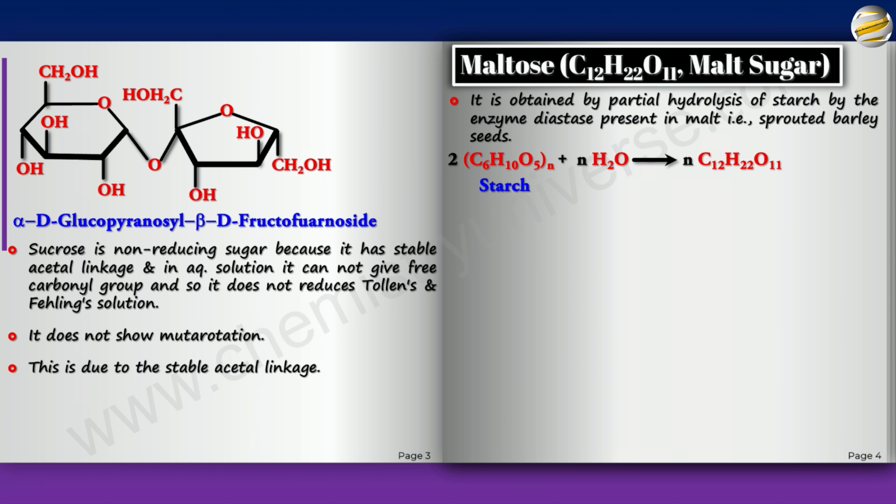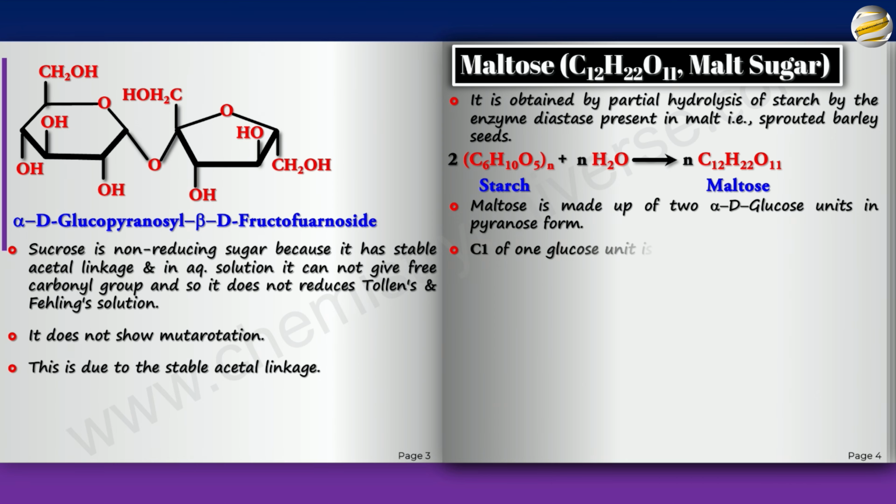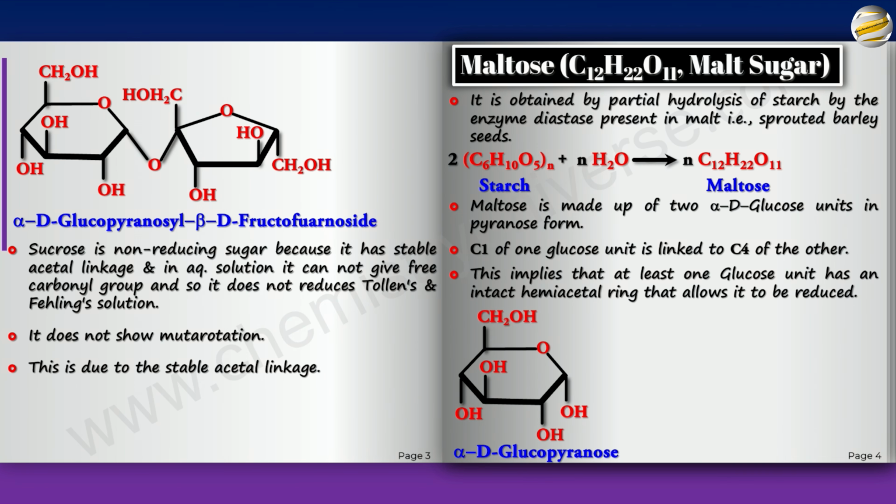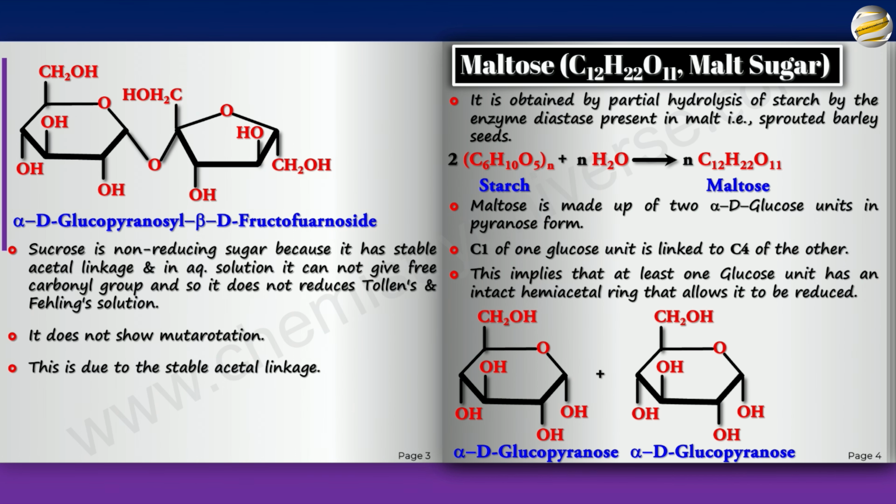Now maltose is made up of 2 alpha D glucose units in pyranose form. So there are 2 six-membered alpha D glucose. C1 of one glucose unit is linked to C4 of the other, which clearly means one hemiacetal linkage is still open. It's still available. This implies that at least one glucose unit has an intact hemiacetal ring that allows it to be reduced. Say for example, this is alpha D glucopyranose, another alpha D glucopyranose, but this